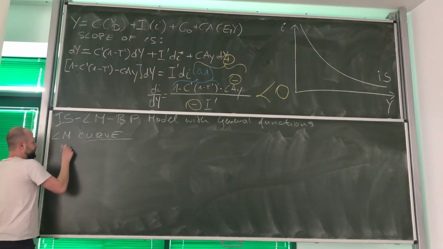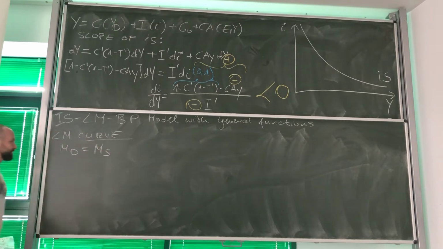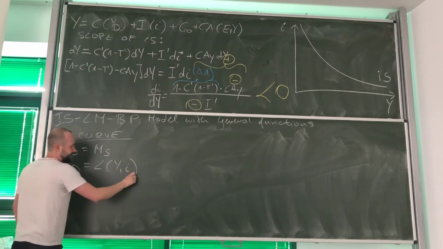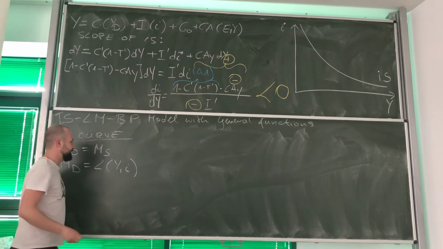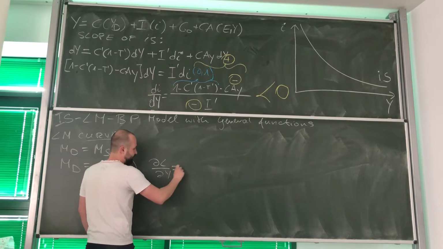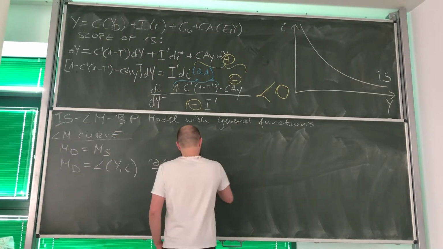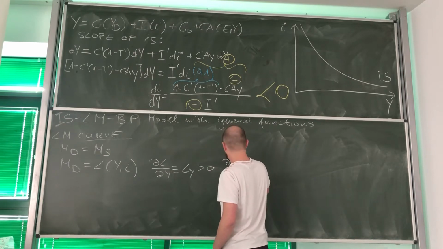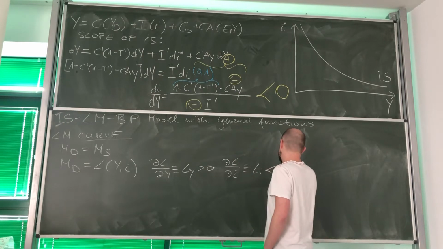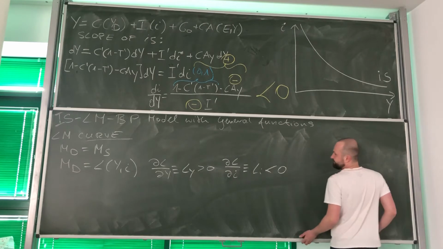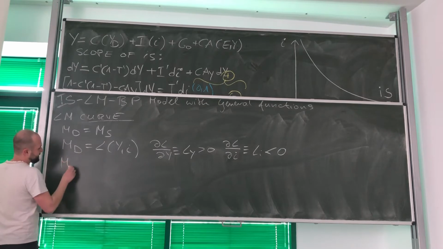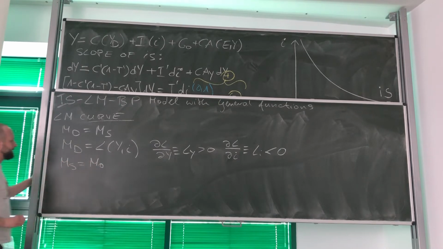So we've got money demand equals money supply as the equilibrium condition. Money demand is given as L of y and i, where we know that the derivative of money demand with respect to income, which we define as Ly, is positive, while the derivative of money demand with respect to interest rate, which we define as Li, is negative. And again, we are also assuming that money supply is given by